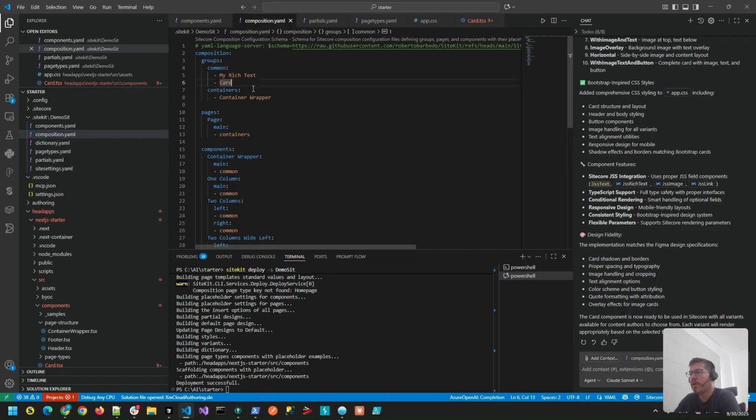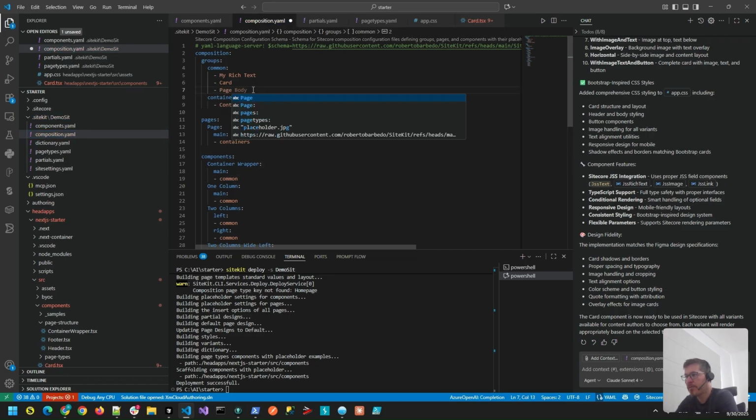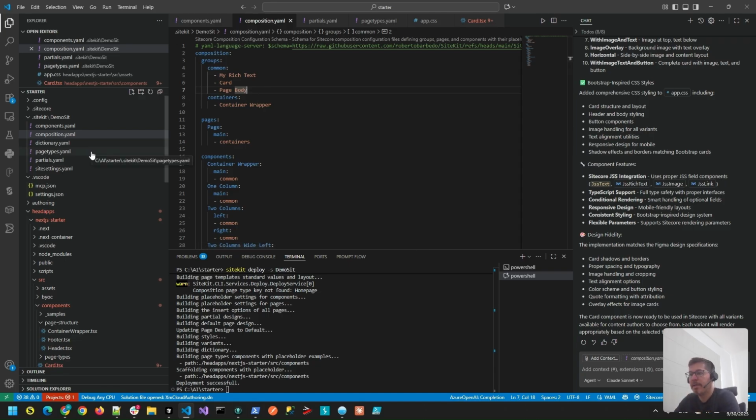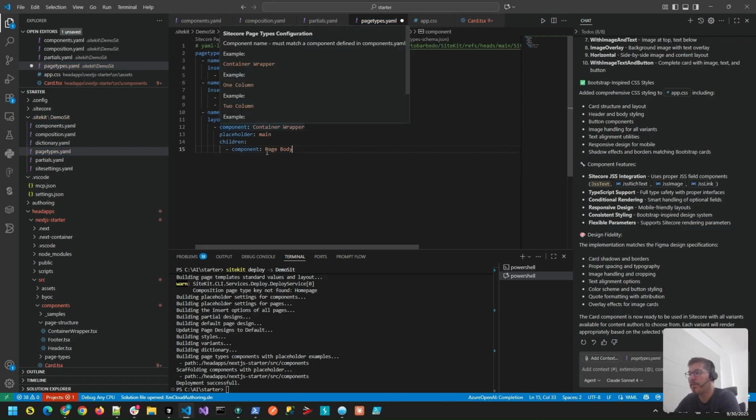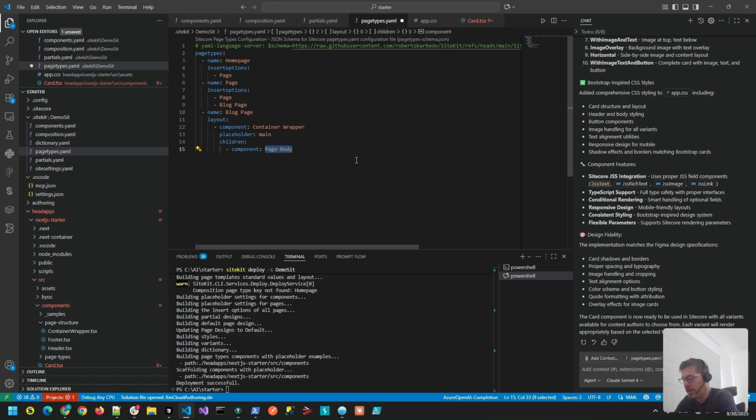Composition again. I want to include my page body here. I'm not adding the blog tag list anywhere because that's not something authors would add. That's going to be automatically added to my page. And to do that, we go to page type, similar to what we've done with partials. We can add a layout property, container wrapper. Everything starts with container wrapper, then it goes to a two-column white left. That's what I want. The thing here is placeholder